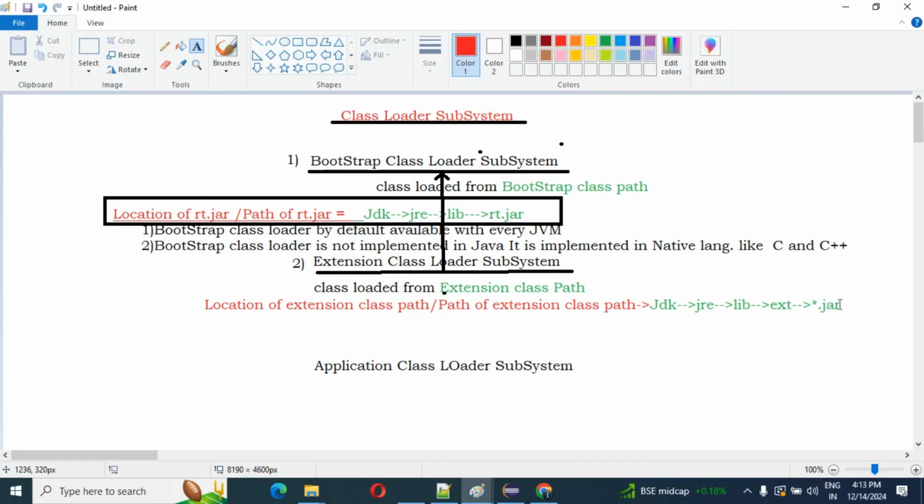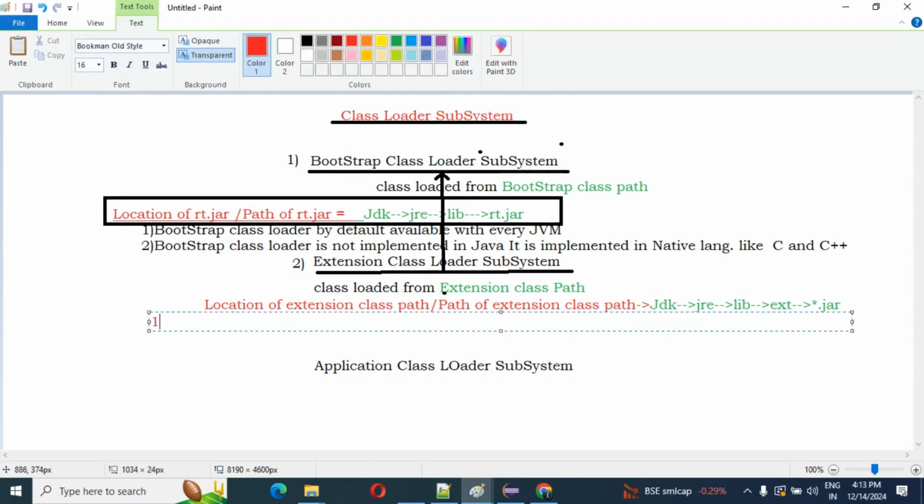But an important point I will write here: the extension class loader subsystem, or simply the extension class loader, is implemented in the Java language only. This thing you need to keep in mind.